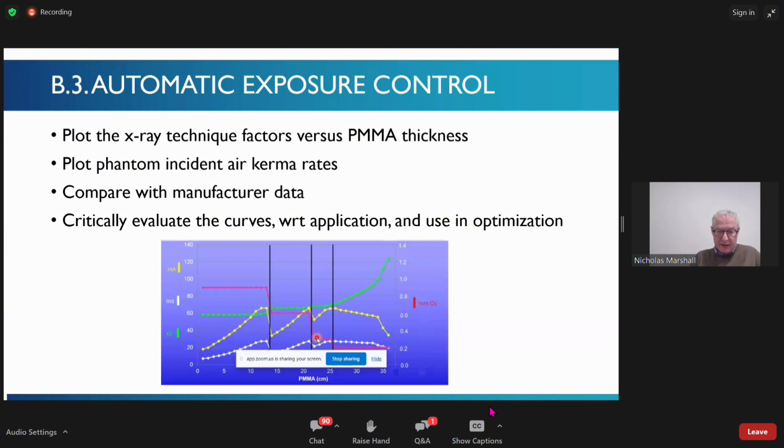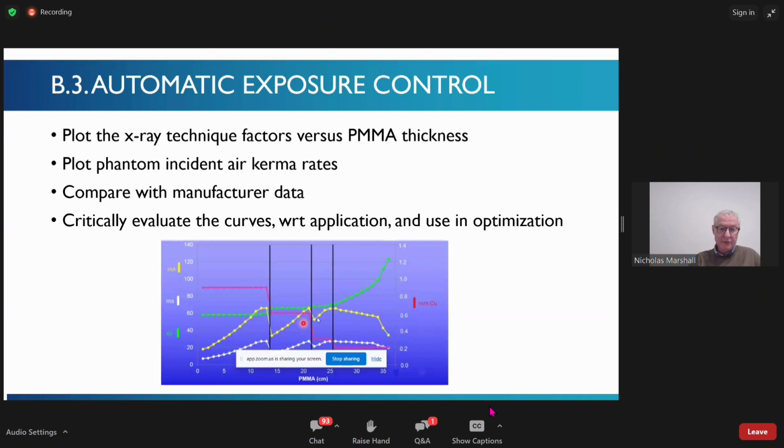And then you can see that the mA is related to the focus size bands. So here you will be on the micro focus, and then it may switch to a small focus, and then at this point it may switch to the large focus, and that's where you need the maximum amount of power to get through the patient. So this gives you an awful lot of information, and it also helps you, in effect, understand the system and helps in optimization, comparing one setting against another. But it takes quite a long time to gather this information,